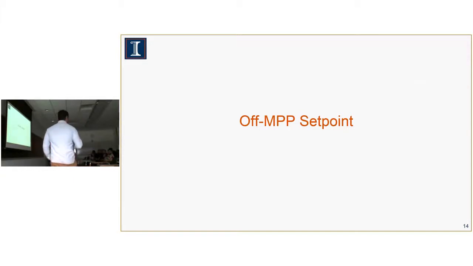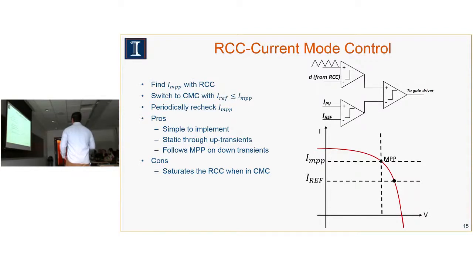Any questions? No? Okay, so moving on, now we just wanted to look at ways to modify the RCC algorithm to allow for following a set point that's not necessarily the maximum power point. So I'm just going to propose a couple of models that we want to try to implement in hardware in the future. So the first one is just switching between a ripple correlation control and a current mode control,